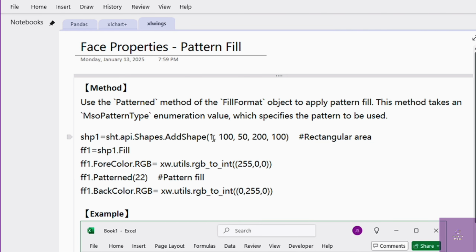Here, create a rectangle, get the fill object, set fore color, then use the pattern. Here, the pattern is a method. Please know that. Pattern, okay. The parameter specifies the type of the patterns. Okay. Then set the background color. For example,